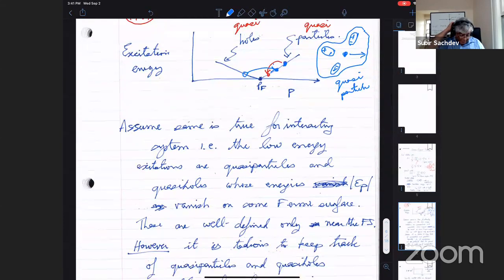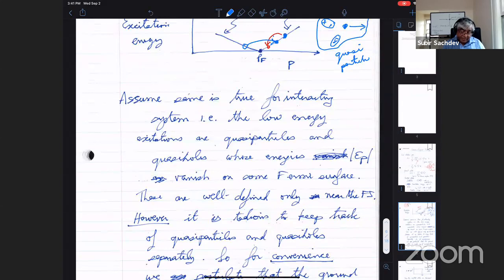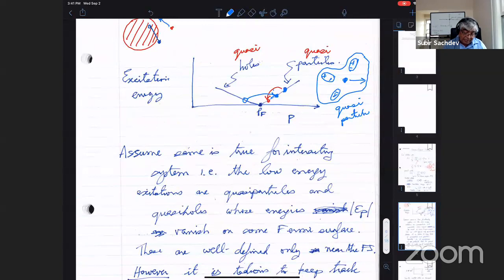All right, so let's do a calculation. First we have to make a technical change to my simple description. It's actually really a nuisance in doing calculations to keep track of holes and particles separately, and then also have to constantly remember to take this absolute value, so that the excitation energy is positive. The bookkeeping is horrendous if you really try to do it in this language.